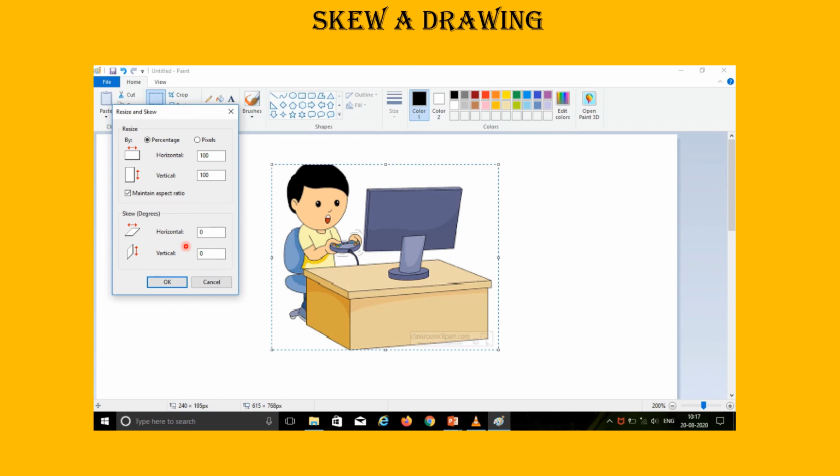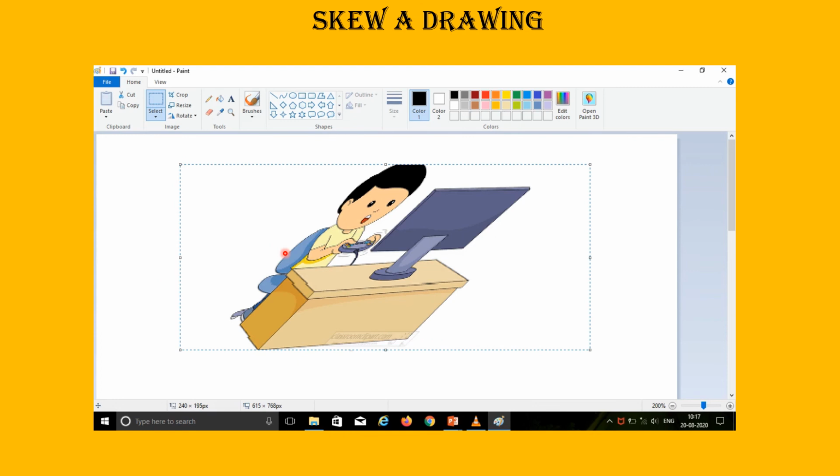Here I am giving 45 degrees in the horizontal box and then click the OK button. Now you can see the skewed drawing here, right?